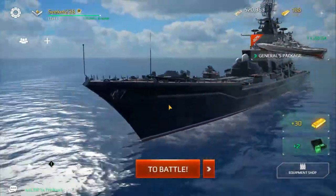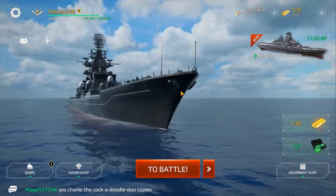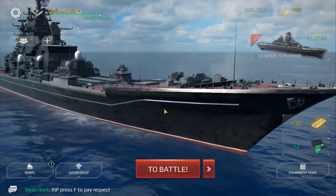The vessel we're looking at right now is the Kirov class battle cruiser. I forget which one in the lineup this particular vessel is. She is the Admiral Nakhimov,